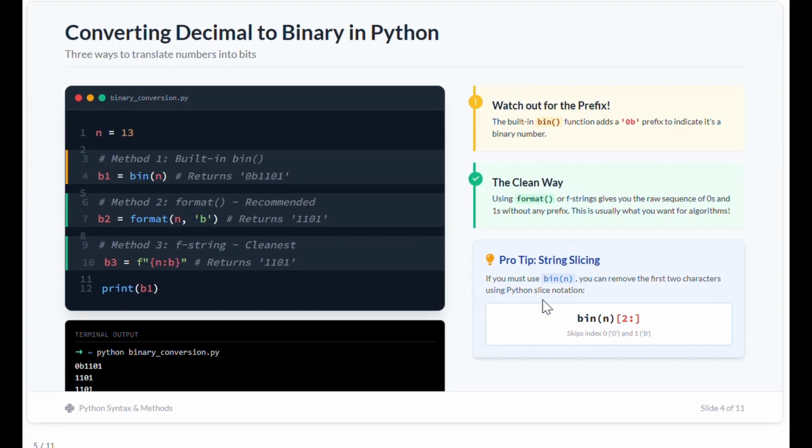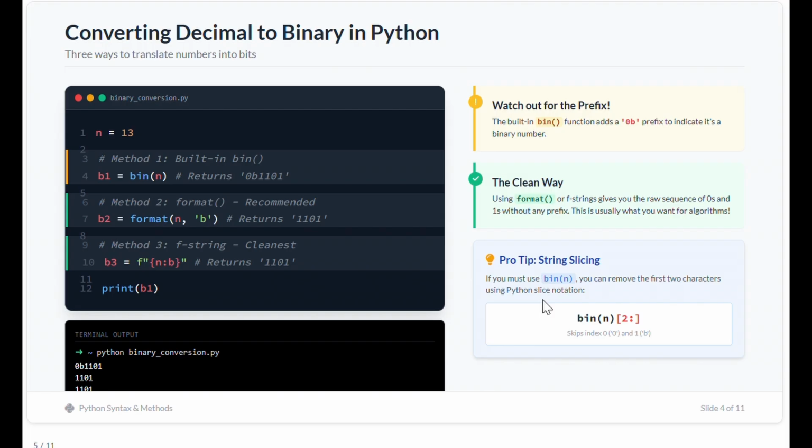How can we convert a decimal to binary in Python? We have three methods here. One is using the built-in function bin. This built-in function adds 0b as a prefix to indicate it's a binary number. The second method is format. Using format or f-strings gives you the raw sequence of zeros and ones without any prefix like 0b.